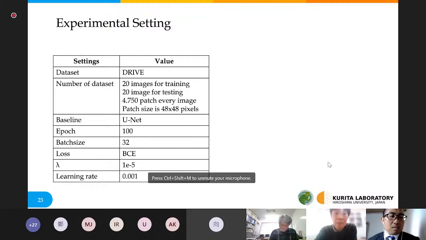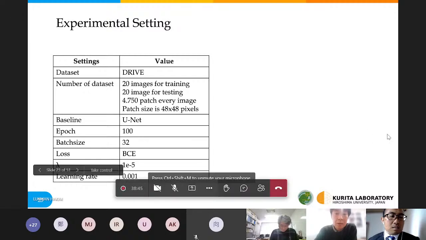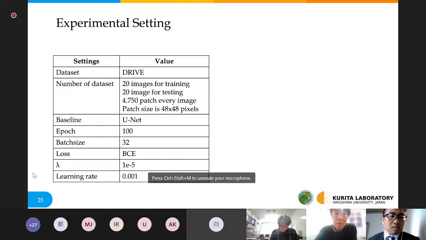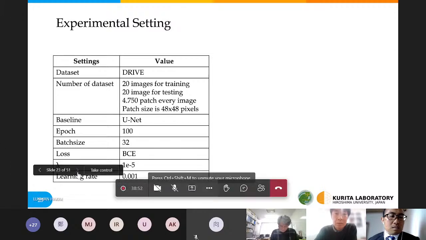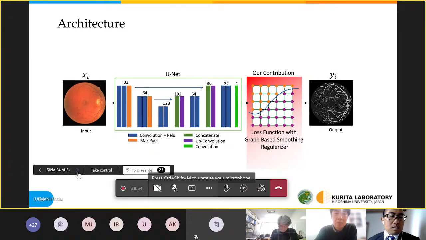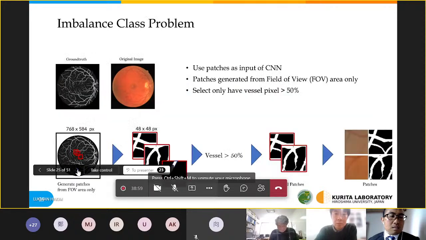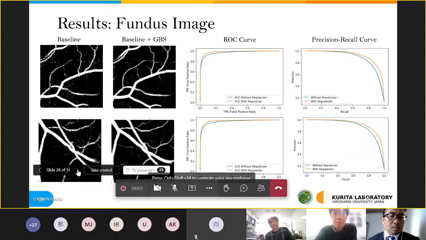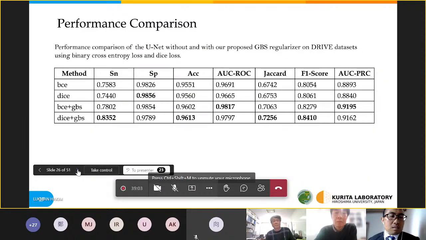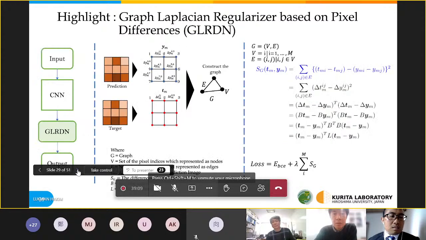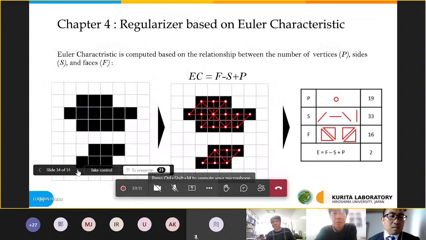To select this parameter, we did an experiment. We used a range of lambda starting from 10, then decreasing: after 10 we use 1, then 0.1, and then 0.1 after e power 5.